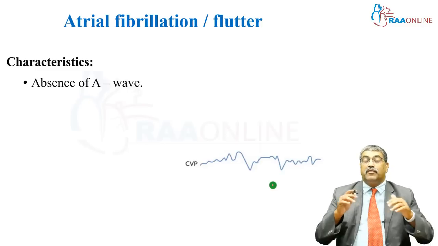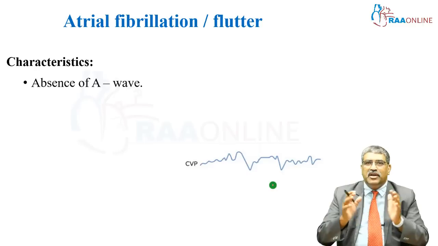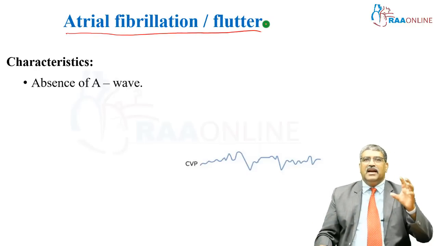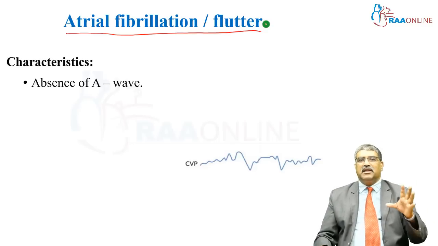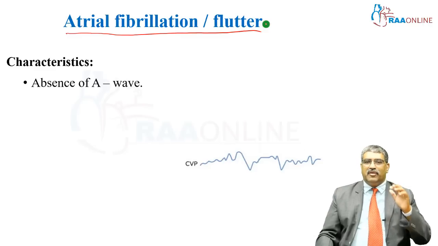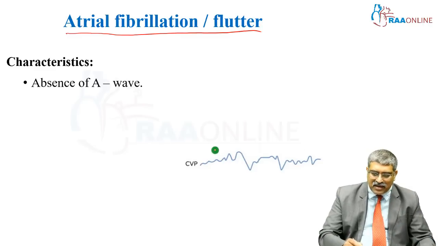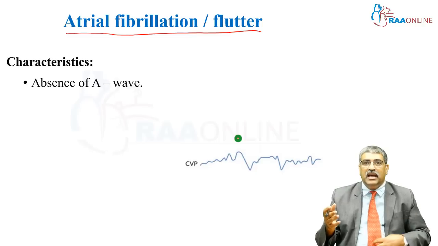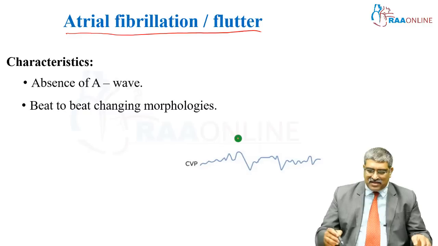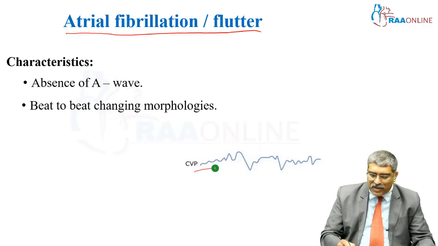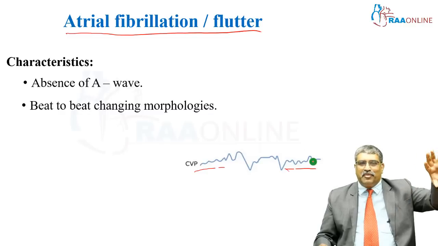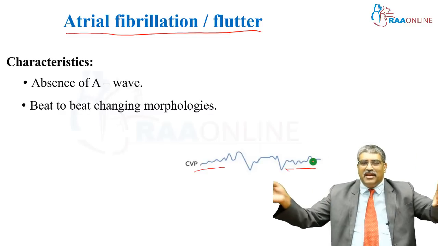Now coming to a few characteristic waveforms with various conditions. What happens to CVP in atrial fibrillation? Atrial fibrillation means there is no atrial contraction. The first is going to be an absent A wave. There is not going to be any atrial contraction, so there is absence of A wave. Next, you can see the beat to beat changing morphology in the CVP. What was there before in one beat will be different in the next beat,